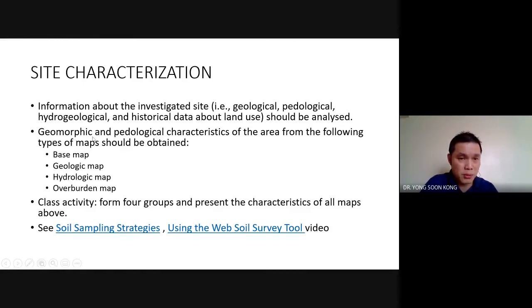Okay, next one, geomorphic and pedological characteristic of the area from the following types of maps. You can get these maps: base map, geological map, hydrologic map, overburden map. Not all of these maps are available for free. I would say that the geologic map and also the base map, possibly you can get from Google Map. Whereas the hydrologic map,